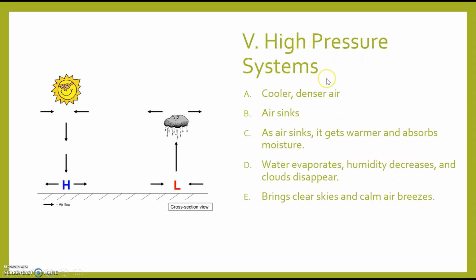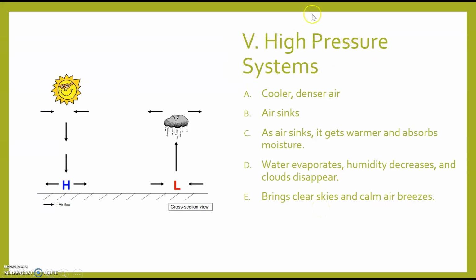High pressure systems. So we're going to get into pressure systems. High pressure systems, remember your high is cold. So high pressure systems are cooler, denser air. Your air is going to sink. As your air sinks, it gets warmer and it will start to absorb moisture. What will happen because of that, your water will evaporate, your humidity will decrease, and clouds start to disappear because you basically have more air to absorb all that moisture, and you're going to get clear skies and calm air